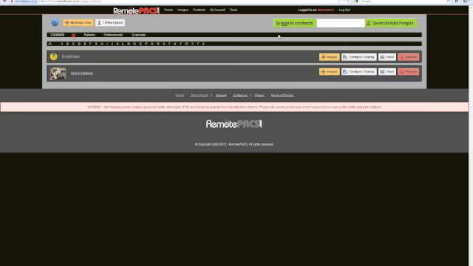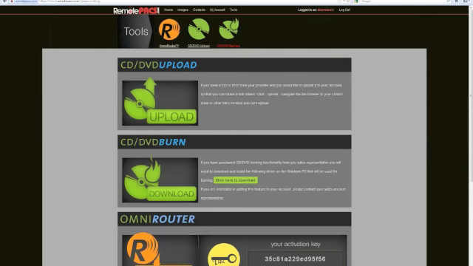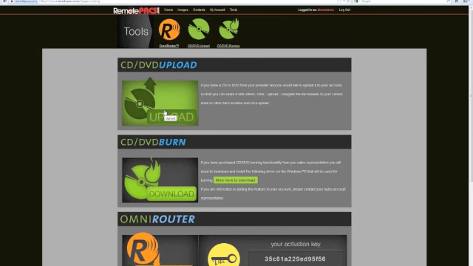So now I want to take a look here and see, how do you get your images and your studies into RemotePACS? We give you 2 different methods. I'm going to click up at the top, and this is where these tools are available. Now, both of these methods are totally encrypted and secure. You can upload your images from the internet without having to worry about VPN tunnels or your images being vulnerable from a security perspective. So the first way I just want to take a look at here is the CD/DVD